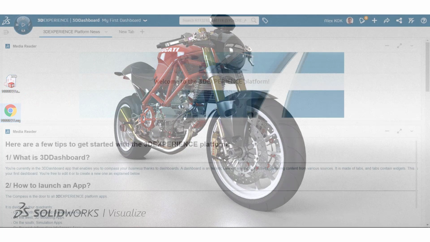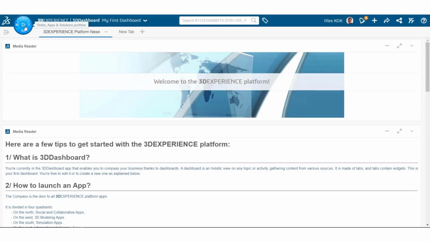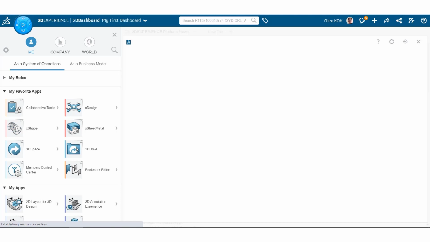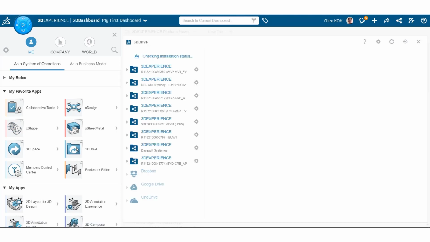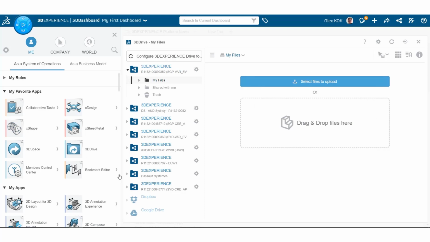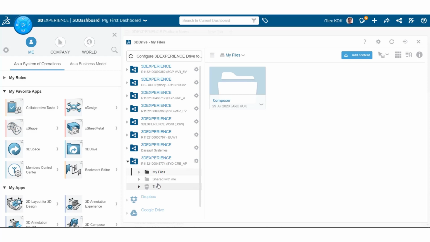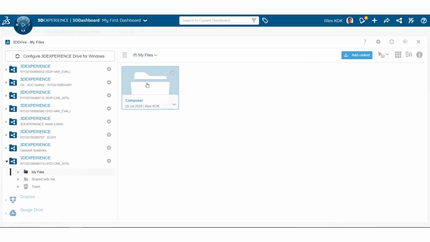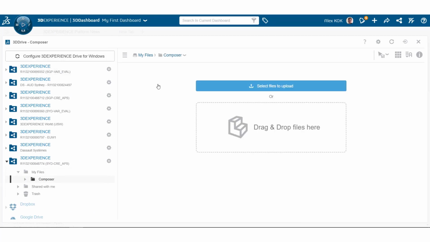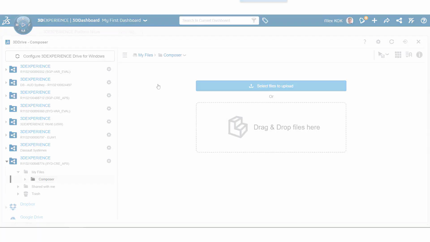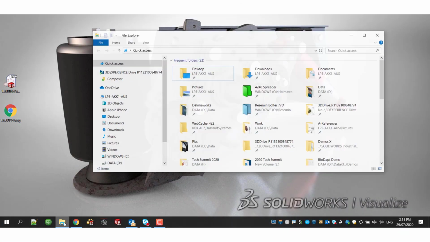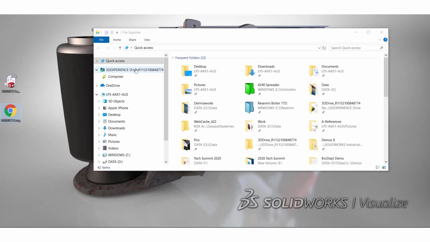Now let's flip over to my browser. Now my browser, what I'm going to do is I'm going to make use of the 3D Drive app. On this app, I've set up a folder inside specially for my Composer files. Alright, at this point in time, as you can see, this Composer folder here is empty. In addition, I also have on my local Windows Explorer set up a location or local folder